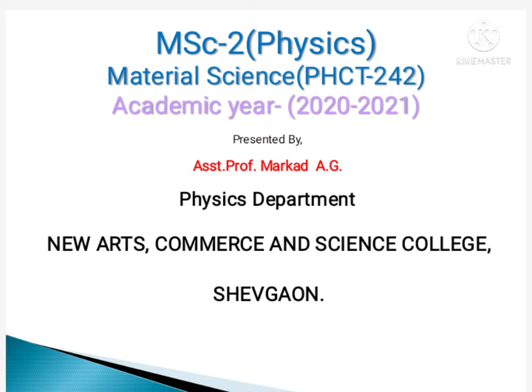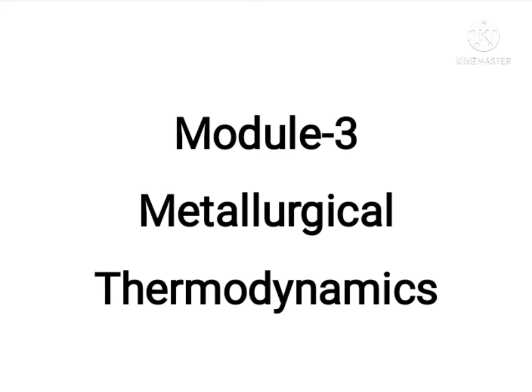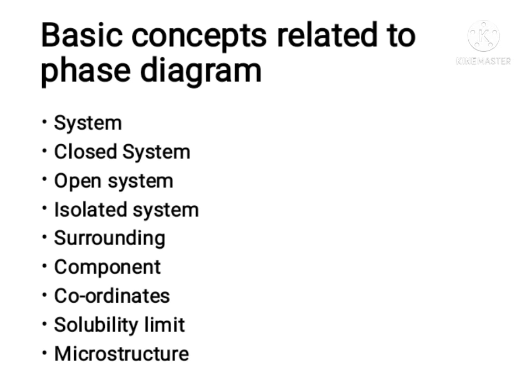Welcome students. In second part of module 3, we will see what is phase diagram and its types. Before moving towards phase diagram, we will study the basic concepts related to phase diagram. First is system. A system is a group of substances subjected to changes in composition, temperature, pressure, or volume, isolated